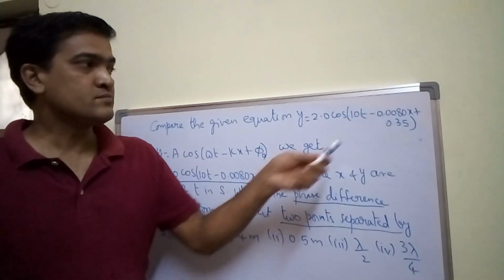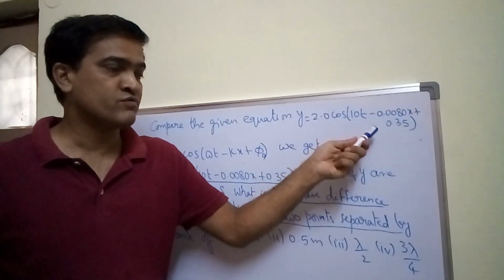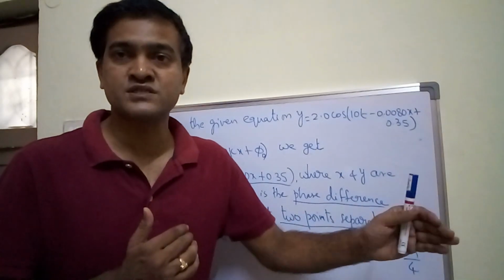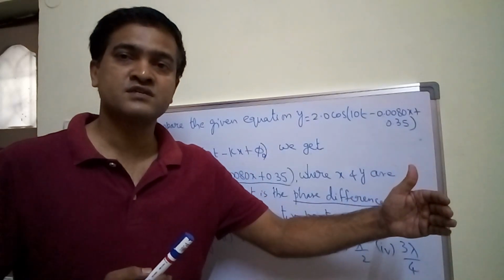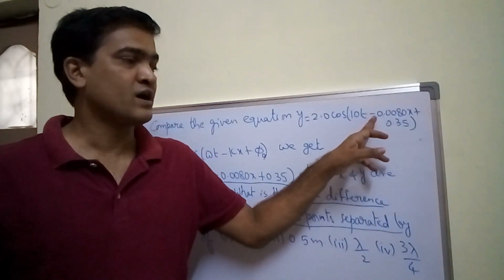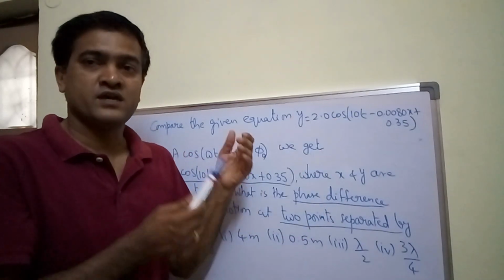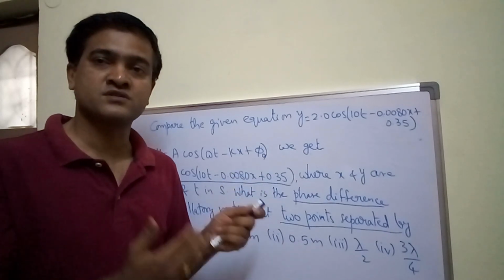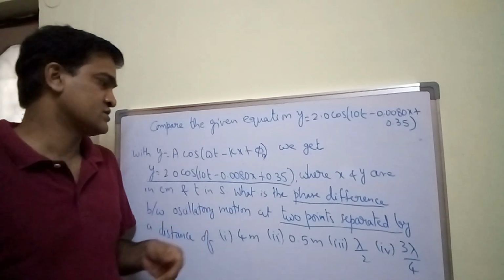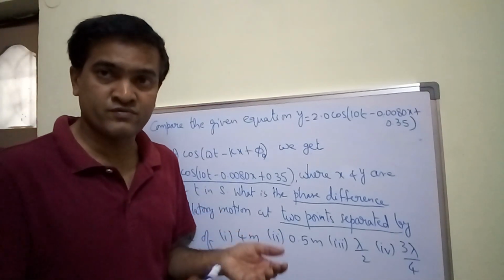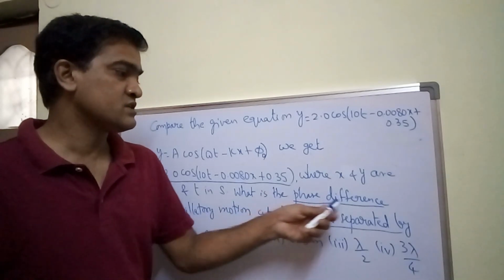First of all, tell me, by looking at this, minus kx, minus is there, that means the wave is traveling towards the positive x direction. This negative sign indicates that the wave is advancing in the positive x direction. If you have a plus sign here, then the wave would be traveling towards the negative x direction. That means in our given problem, from the data you can conclude that the wave is moving in the positive x direction, right? Sometimes they may ask even this question, but here we don't have that question. So the phase difference you have to find out.